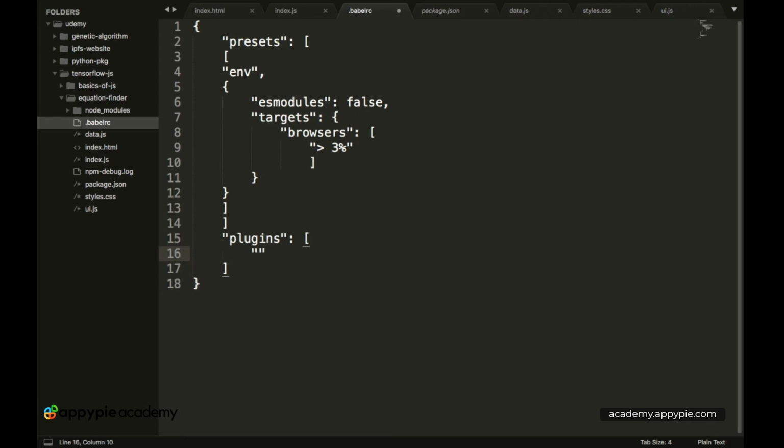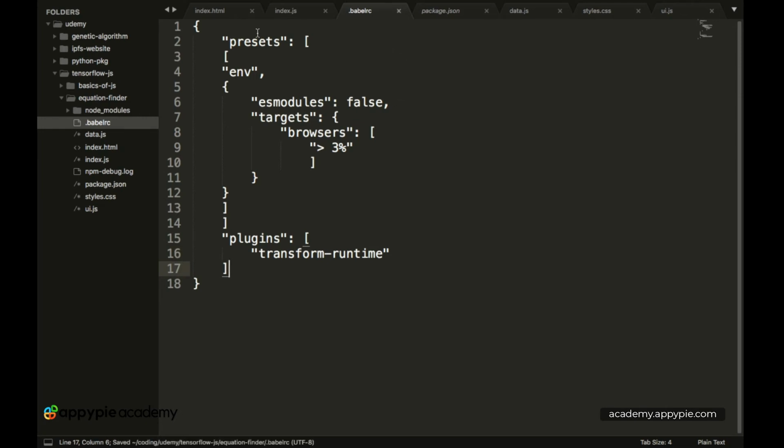the first plugin which we want to use is transform runtime, and this basically alters our code and creates a new file which can be called a copy of our existing code, and basically changes the text inside of it to be a more browser compatible version. Okay, so we have transform-runtime over here. Okay, so with this we have basically created the Babel configuration file.